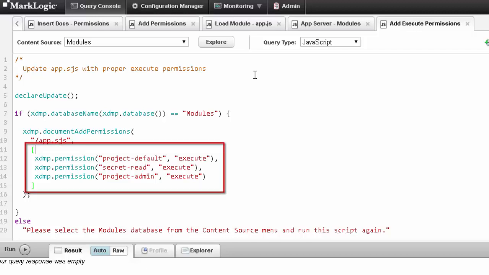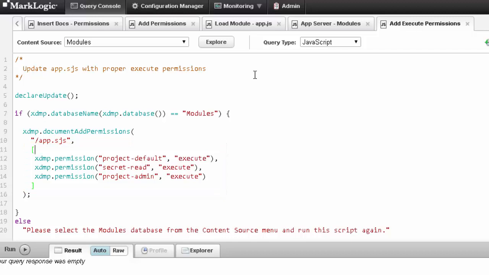Specifically, we're going to give our project default, secret read, and project admin roles the execute permission. Now remember that the top secret read role inherits the secret read role, therefore it will also have an execute permission. So let's go ahead and run this to update the permissions on this piece of code in the database,